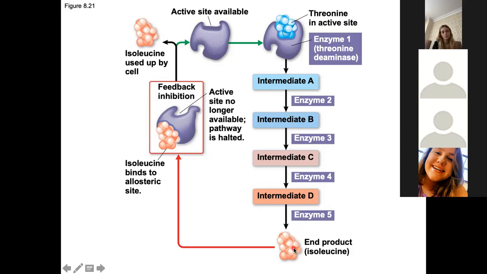When the concentration of isoleucine falls low enough, the enzyme operates more frequently and makes more isoleucine. It means that the cell has fine control over the concentration of the end product. So this is called feedback inhibition, because the end product is feeding back to the start, and